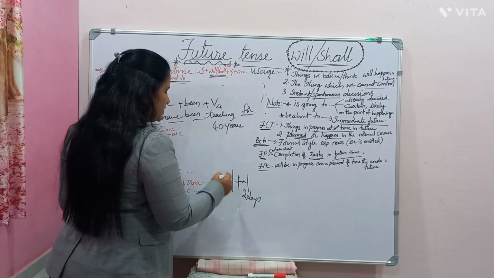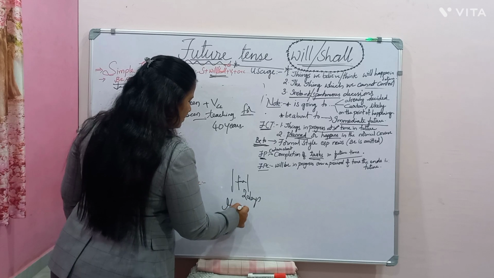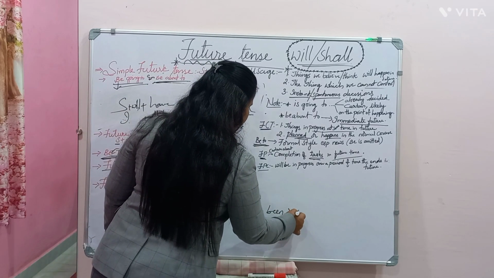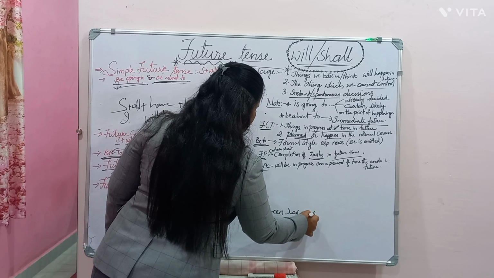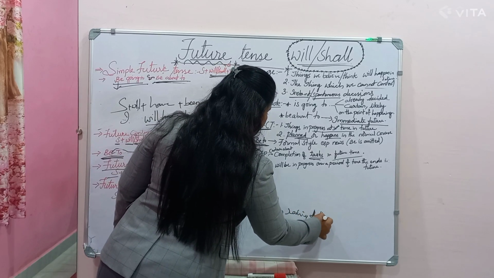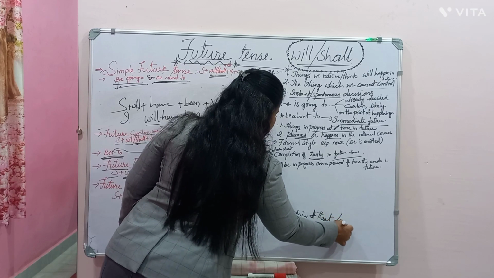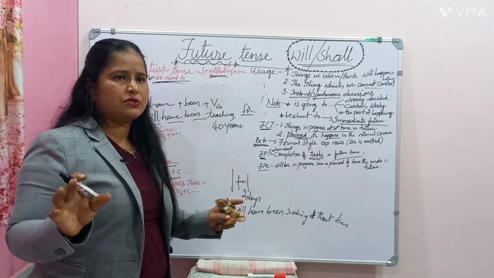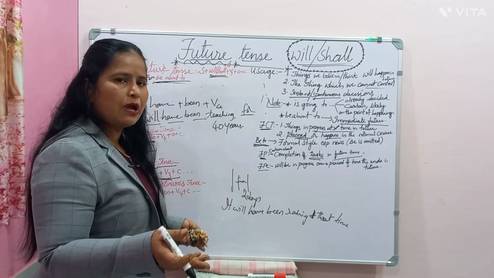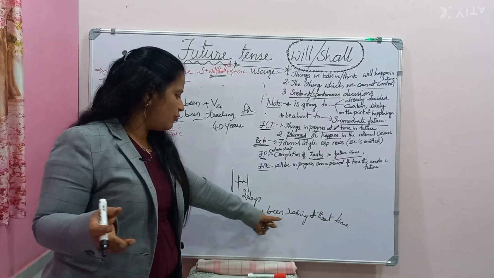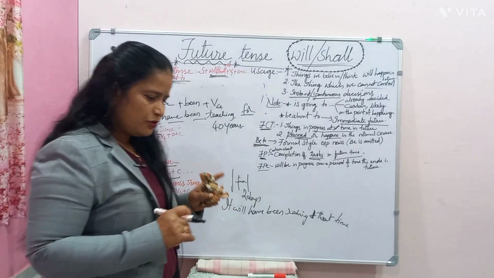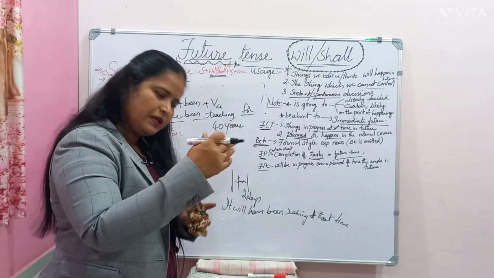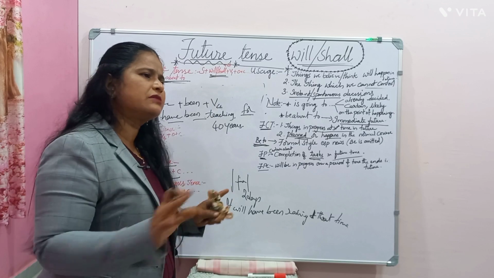It will have been raining. It will have been raining at that moment, at that time. So you have taken that, and someday you are going to start, no? So somebody announced and you imagine that it is going to happen. So then you will say that it will have been raining at that time, means when you are going to start, after 2 days you are going to start, but at that time it will have been raining. So, forget about the raining. It will have been